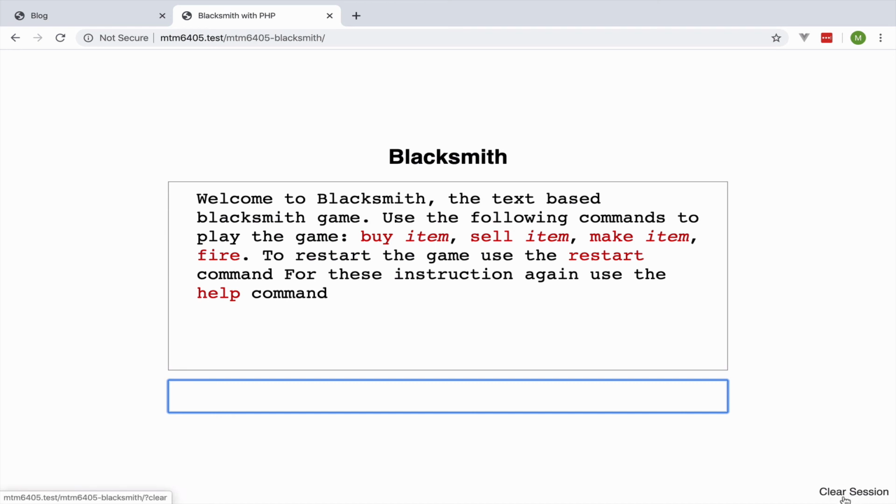Low down at the bottom, it says clear session. You can use this to clear your session data. This will wipe out any wonkiness in your session. So if you're finding errors appearing, like error messages appearing inside of your box here, that can happen if